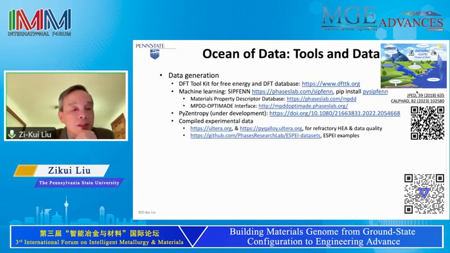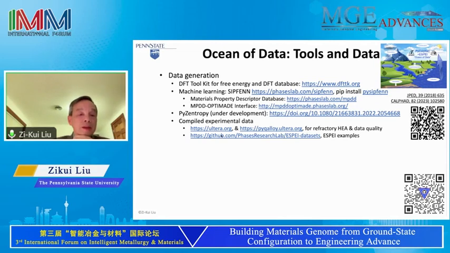The first type of code is data generation. I mentioned DFT is important, but DFT is not sufficient, so we have to do Zentropy. And as this meeting is about machine learning and AI, we have these tools too. You can install the Python package, predict material properties, and even use OPTIMADE. We have an interface to use OPTIMADE to access our data. This one is still in development, and hopefully we'll be ready next year.